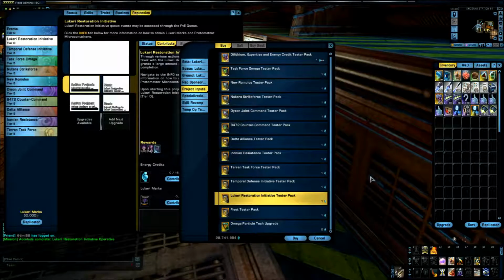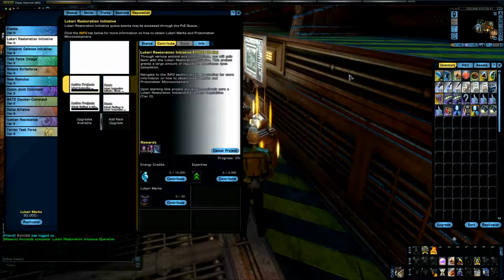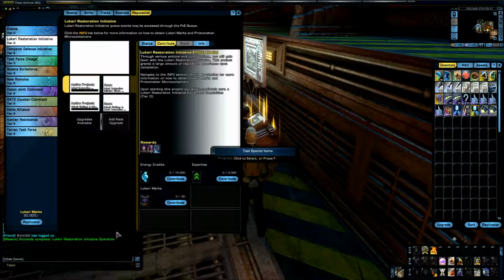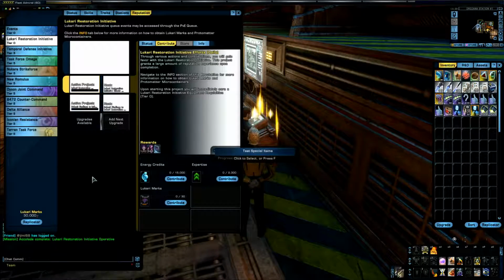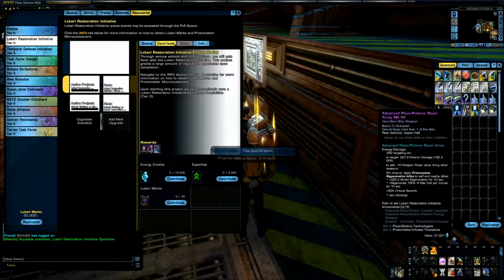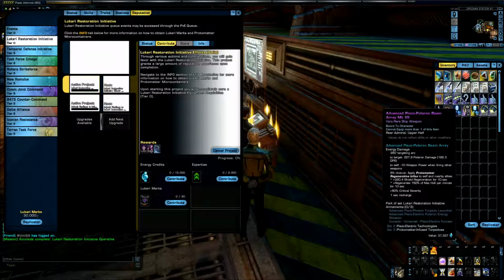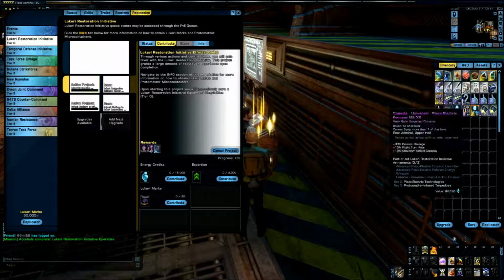But yeah, make sure you pick up all your weapons. Make sure you pick up enough weapons for your ship. I got them set up here already. Do you have? Well, I see that you have the ones that come with the set. Do you have the rest of the weapons? Like, do you have normal Lukari beam arrays and things like that? Oh, why did they give me 2 beam arrays? I could only use 1.